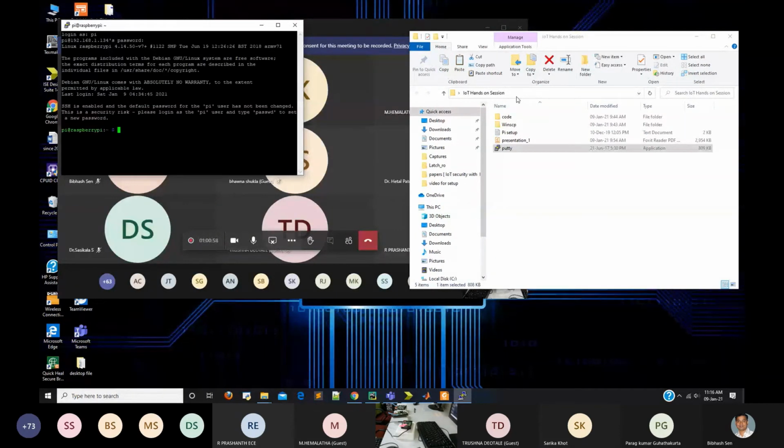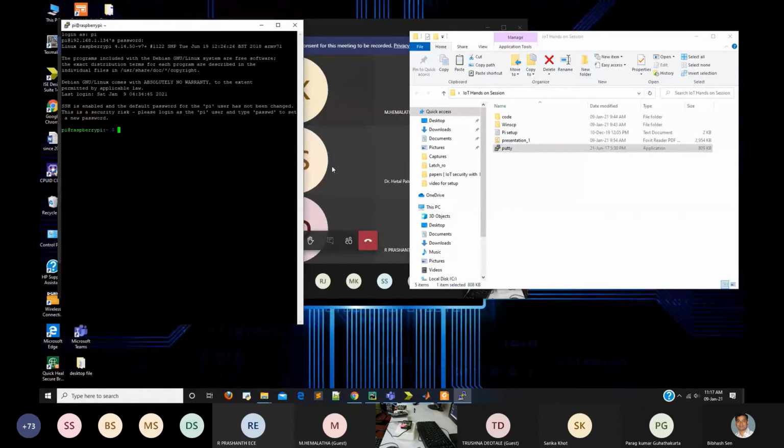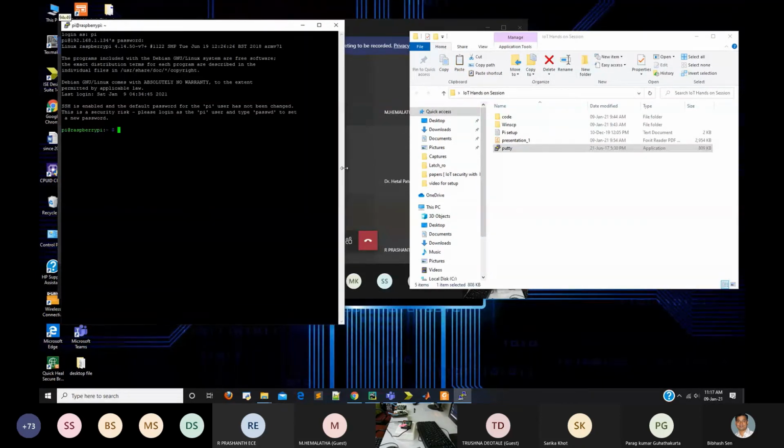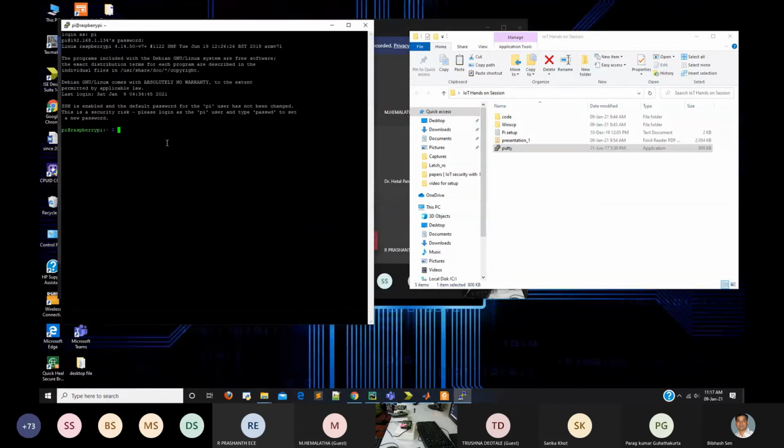Now the window is open, so I can control it remotely. So this is my Pi screen. I will go to my folder where I have installed the Python code for this IoT application.